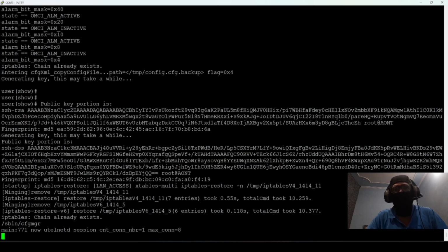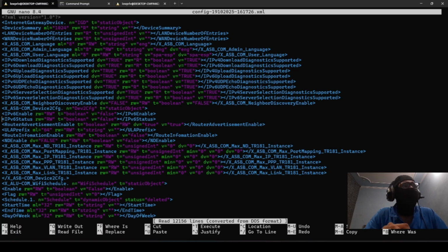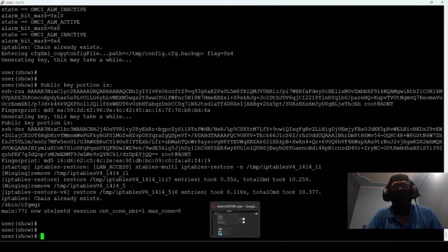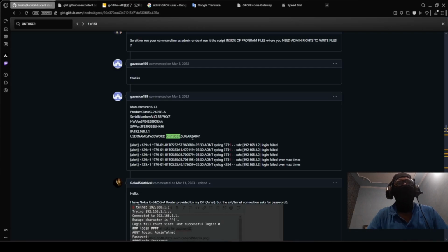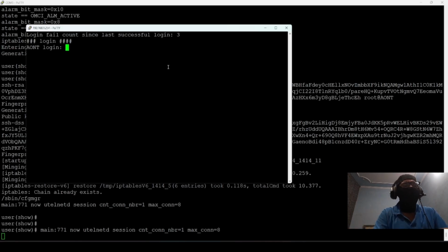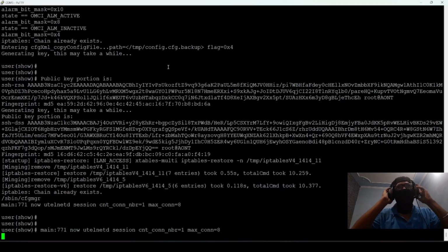So let's see what else we can find. Let's go again into this XML file and try to change something. We know that ONT user exists and ONT is a backdoor user. If we try to log in using the ONT user that we have, sugar and this, in a new session to 192.168.1.254, and I try ONT user, it said login incorrect without asking for any password, right?